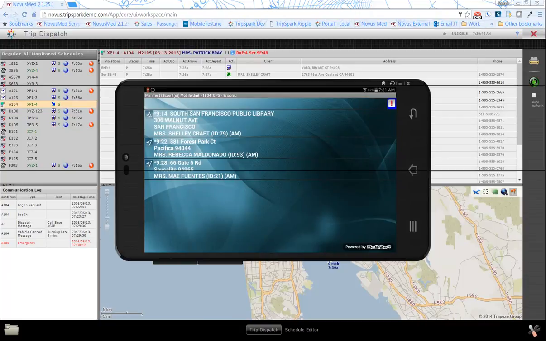So that's a brief overview of the DriverMate solution. Again, very simple to use. Digital manifests, you'll get actual times, actual odometers, two-way messaging, navigation, synchronous communication with dispatch, turn-by-turn direction. So a lot of features above and beyond a printed paper manifest, and that hopefully radio traffic will be reduced,